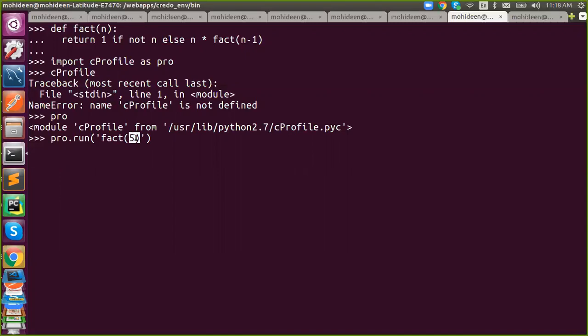N minus 1, yes. Then tell me each time what I will get as n. How many times? 5 into 4 into 3 into 2 into 1, 120. 120 is the answer.